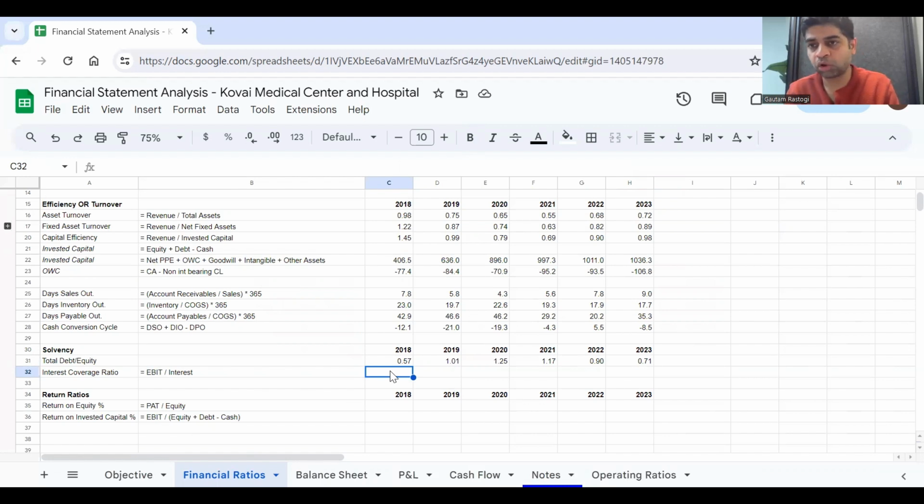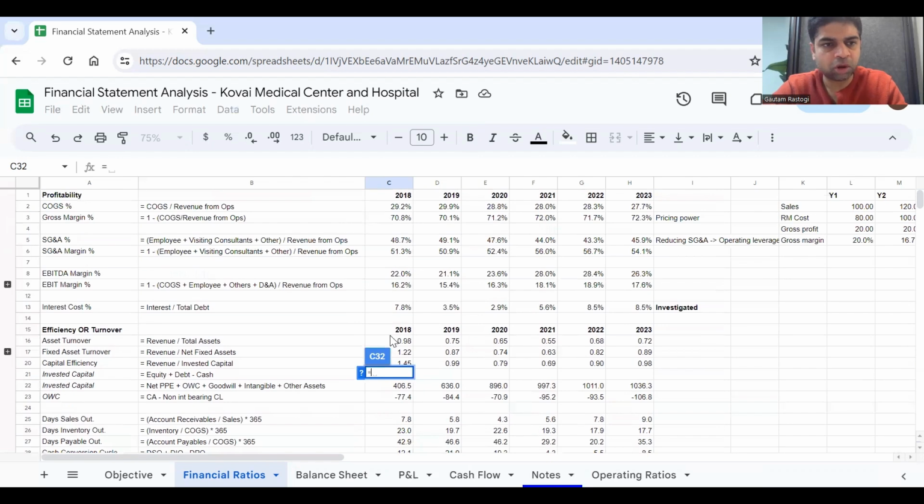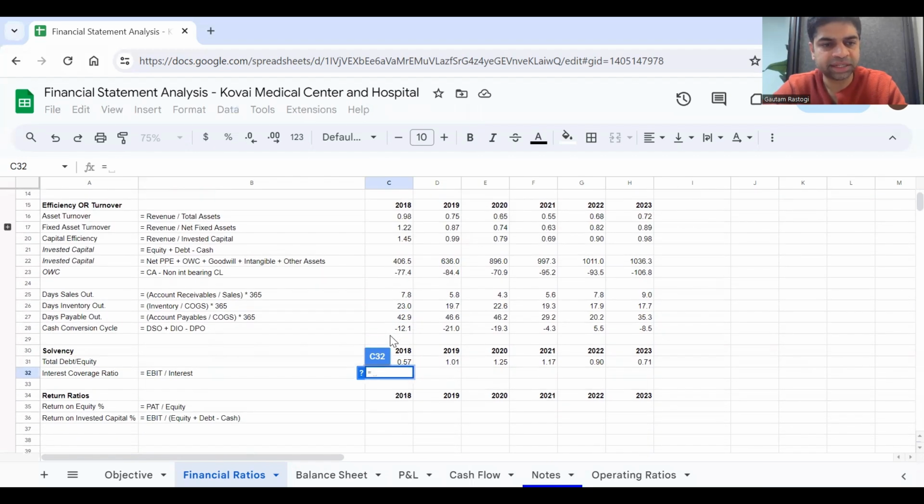And let me tell you, this is also one of the key ratios that is used by credit agencies to determine the company's credit rating. They use D by E as well, but what I know is that ICR is perhaps one of the most important ratios used by rating agencies to determine the company's credit profile. First let me derive it and then let me comment on their ICR,